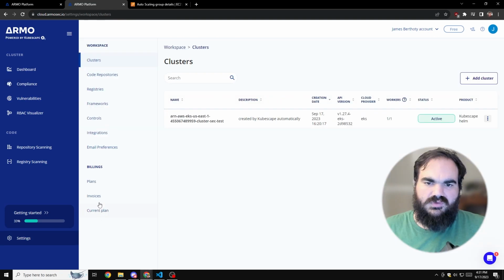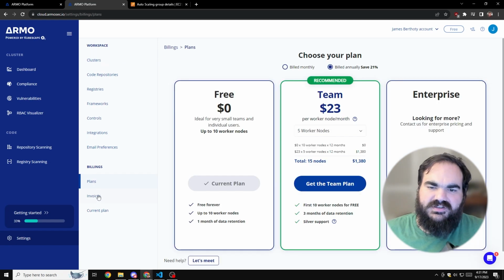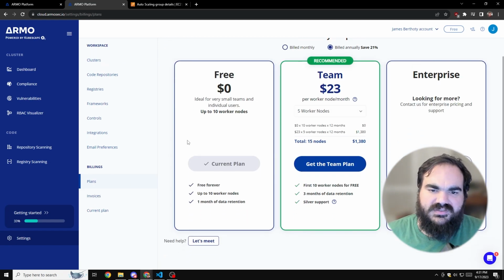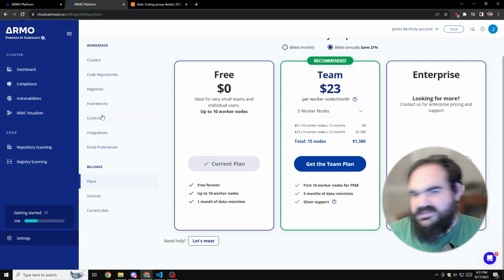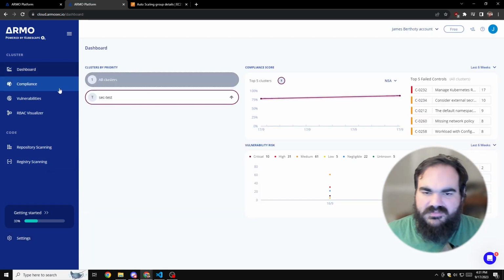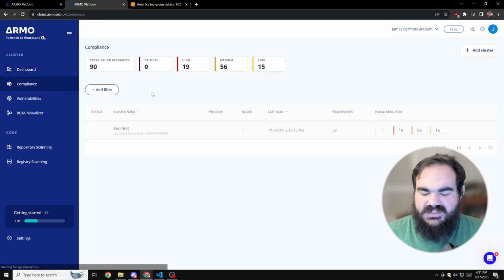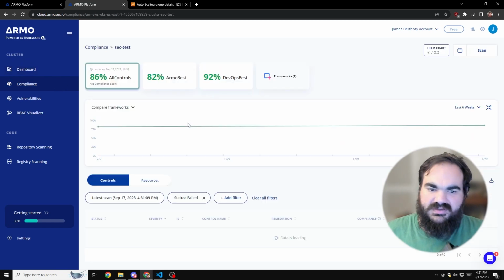and see what it looks like when it completes. While that scan's running, let's take a look at the pricing here just to get an idea of how they charge. So it looks like the free version is for up to 10 worker nodes, and the team version is for, in bundles of workloads, $23 per node per month is not the most pricey of vulnerability scanners, but it is